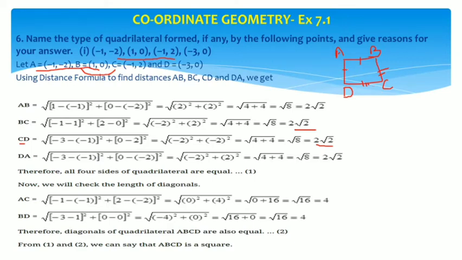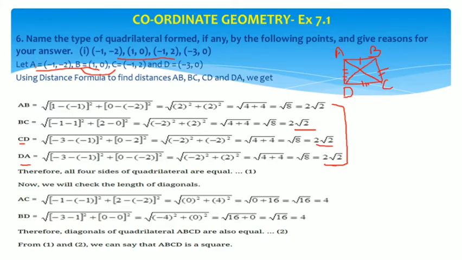Now the last side which is left is AD. So we will find the length of AD by the distance formula, and on putting the values in the formula, x2 minus x1 whole square plus y2 minus y1 whole square, and simplifying the expression so obtained, we will get the length of AD as 2 root 2. So we have observed that the lengths of all four sides are the same. Now we will focus on the diagonals. Our diagonals are AC and BD.